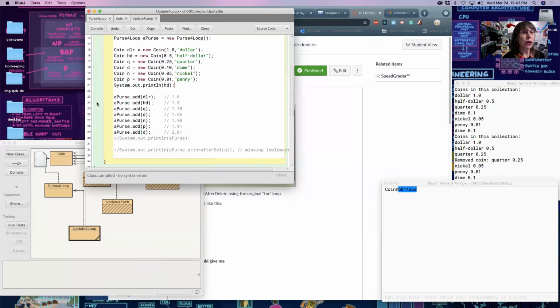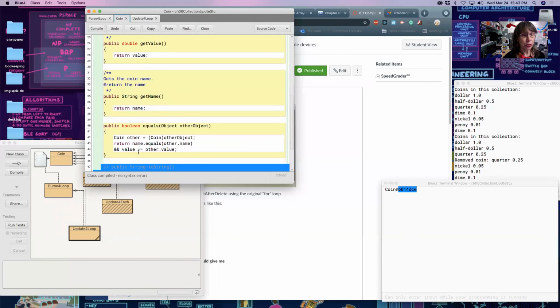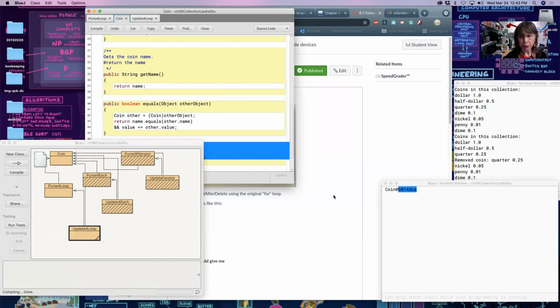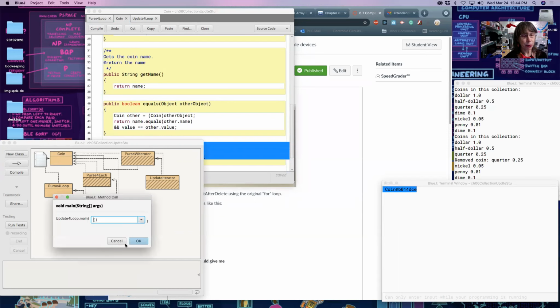So let's go back to coin now, and let's put back toString. So I'll select that, and I will, why is it not giving me? Uncomment it out, compile it again, go over here and run it. And so remember, this is the first run when toString was not implemented. Now we're gonna run it again,